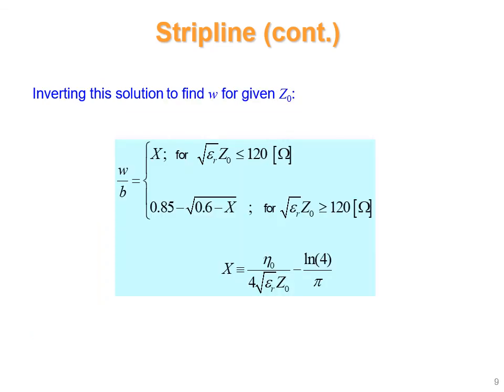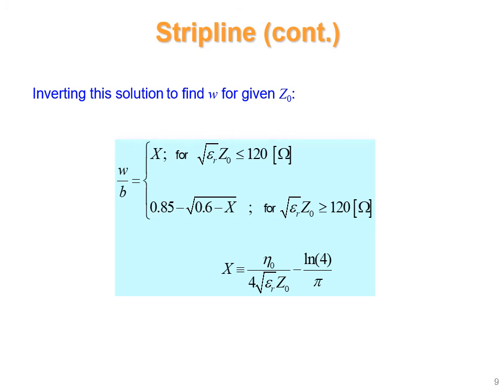This is about the analysis of a transmission line, where in the analysis we have to calculate the phase velocity, then the phase constant, then the characteristic impedance. Now we have to go for the design of this strip line. In the design of a strip line, we need to calculate the width. Whenever we are designing any transmission line, calculation of the width is a very important part. Otherwise, the length of a transmission line you can choose as anything, it doesn't matter. The important thing with respect to the impedance of a transmission line is the width.